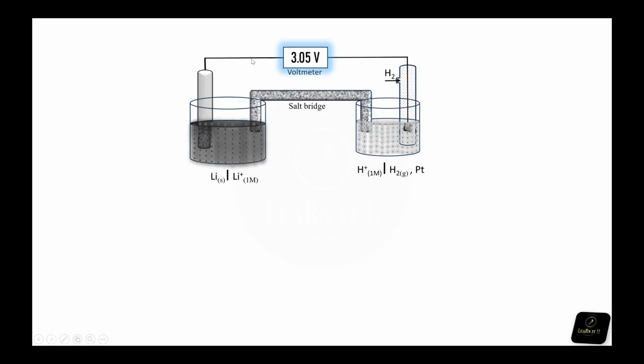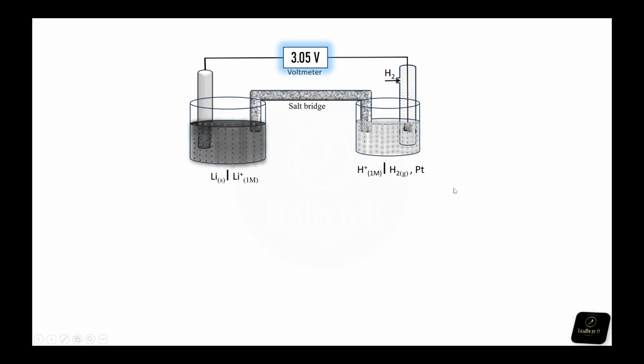That's why lithium has more oxidation potential, that is 3.05 volt, than the zinc, which is having 0.76 volt. Remember, this 3.05 volt and 0.76 volt are potentials, because these two generate the electrons and give the electrons to